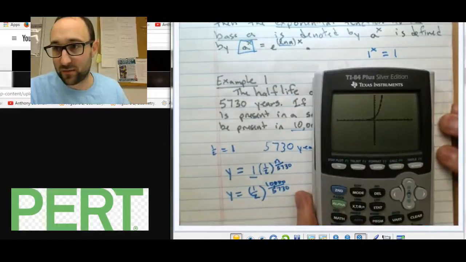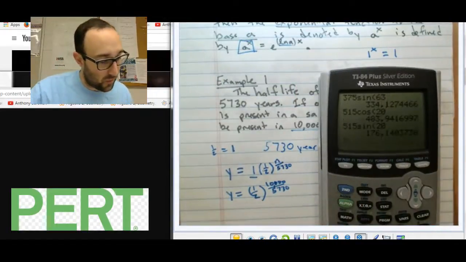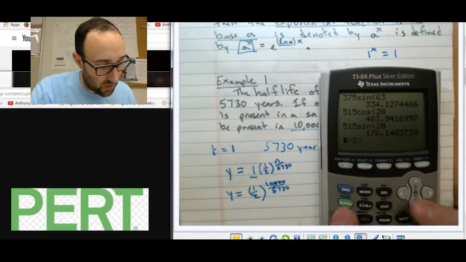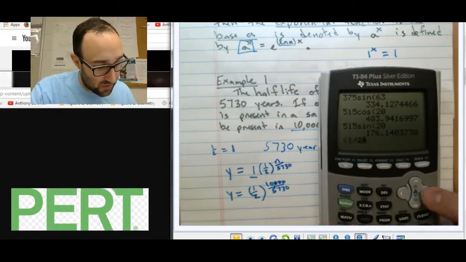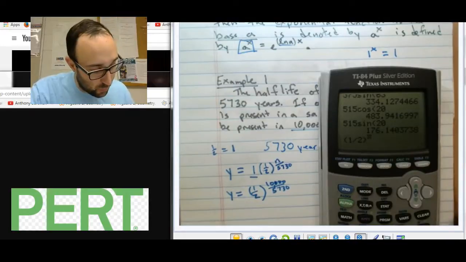So there's the calculator. And we have 1 divided by 2, close my parentheses, open my parentheses, to the power, parentheses 10, 1, 2, 3 divided by